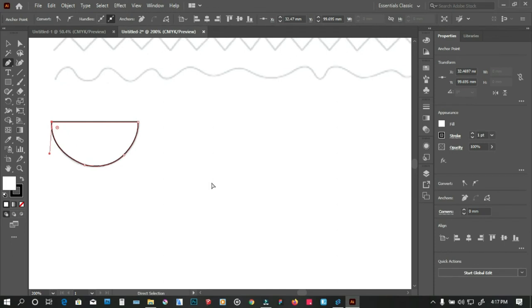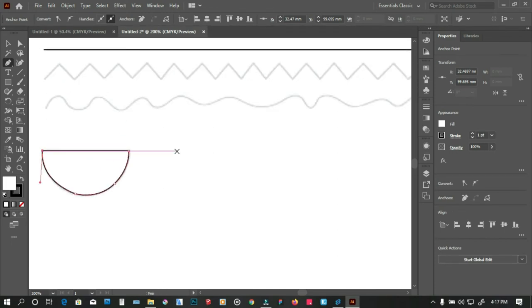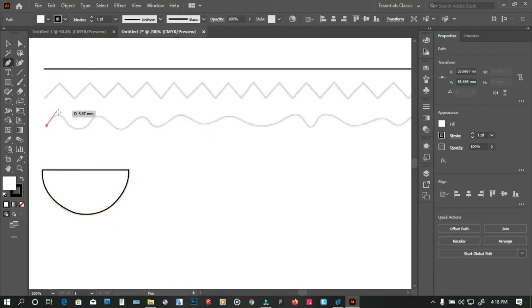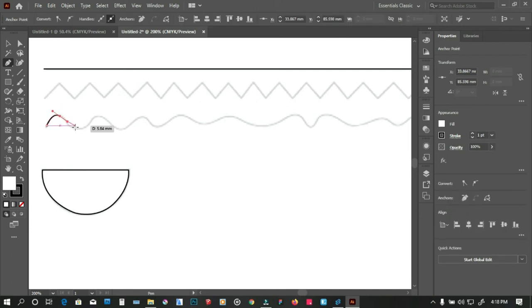So what if you want to create this zigzag? The same thing applies. You create a point, you come at the tangent, you click and you drag. You can see it has made a curve. I will come over here as well, click and drag, and I'll come over here, click and drag. I'll come over here, I'll click and I'll drag till it's perfect. So that's what I'll continue doing